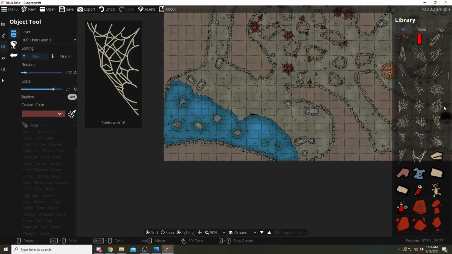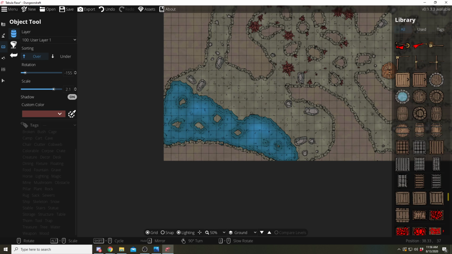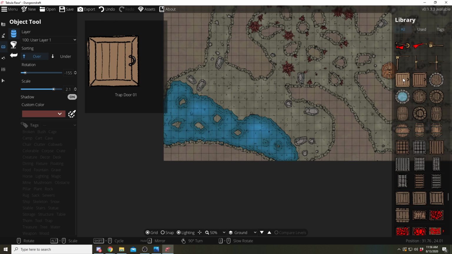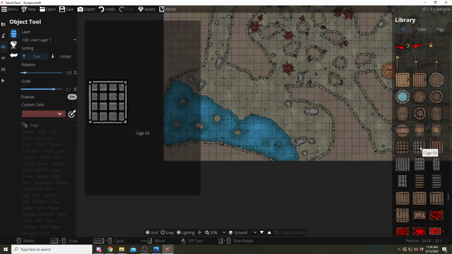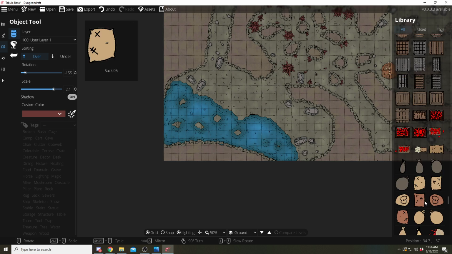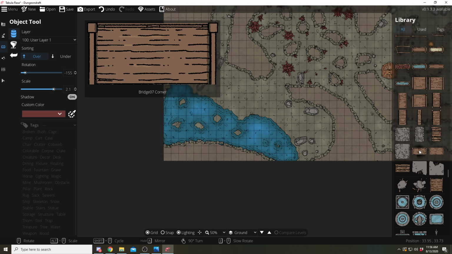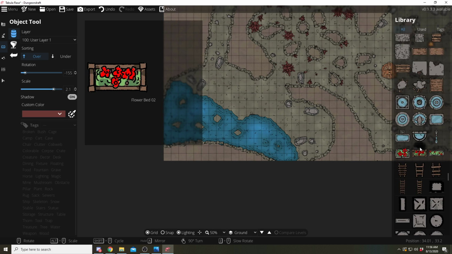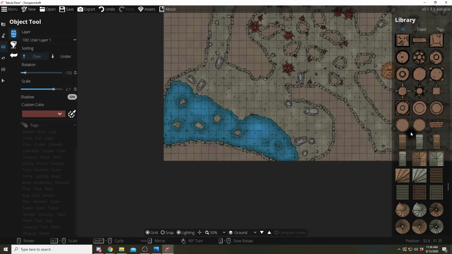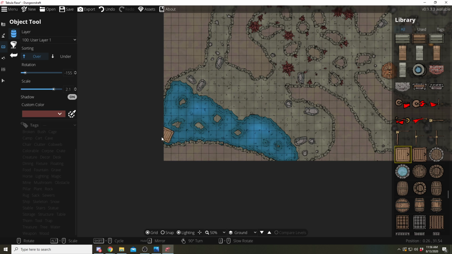Once again, I want to go to the object tool. Once again, I want to find myself those stairs. And is this a trap door? Yes, it is. That's a cage. Do they have like a metal trap door? That would be lovely for me right now, a metal trap door, but I don't think they have one, so we're going to go ahead and use this trapdoor. We're gonna put it